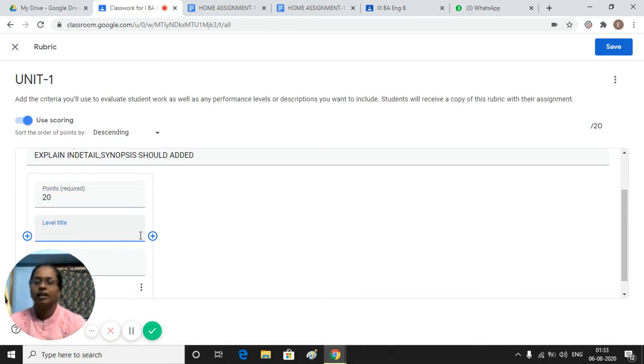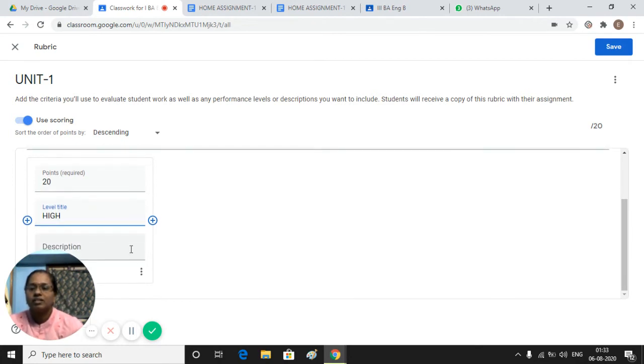Then it's at the high level. If everything is perfect, 20 marks is considered the high level. Next, you can add one more rubric.